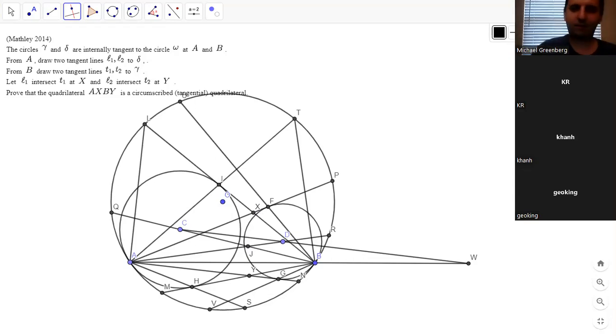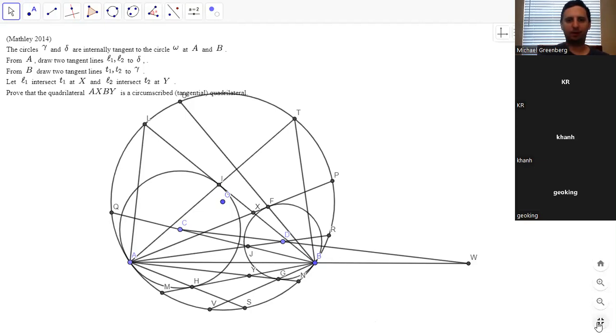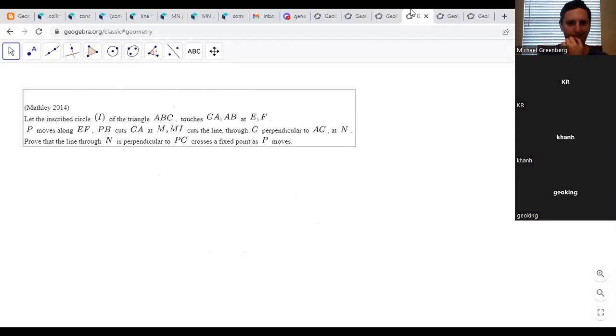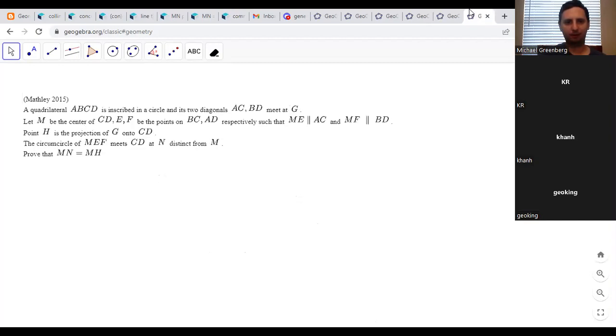All right, let's see if we can find an easier problem to work on. I want to solve a problem. Let's see if we can find something easier. This one looks easier. I think so. Let me see if there's something even better. This one looks easier. Okay, I'm going to go back just to see what